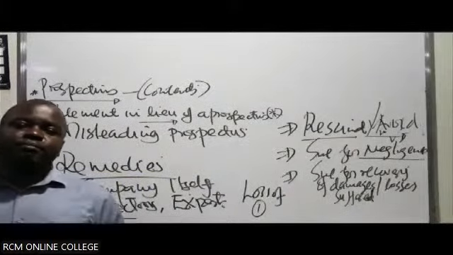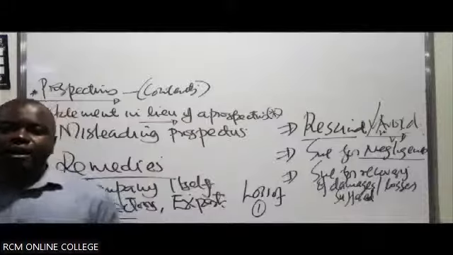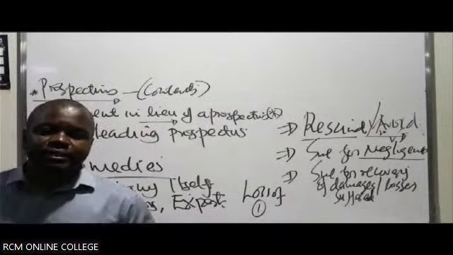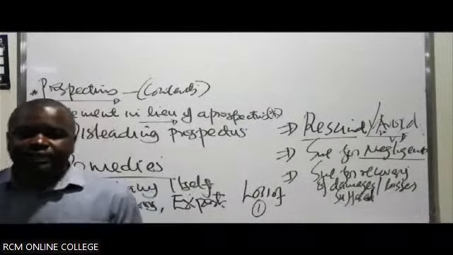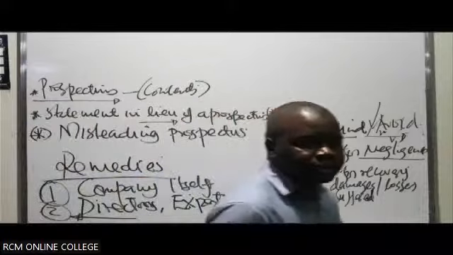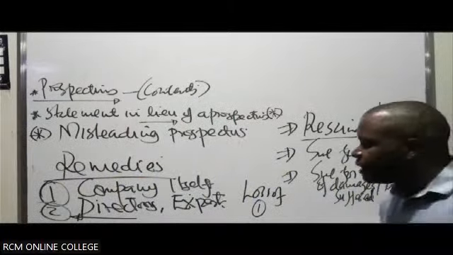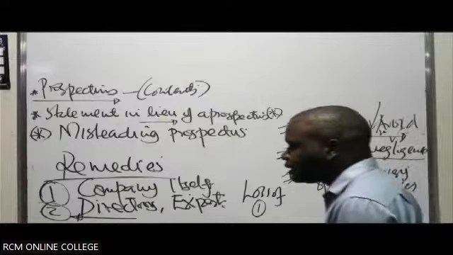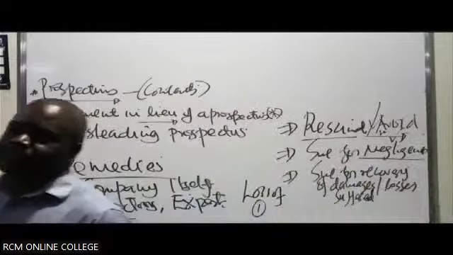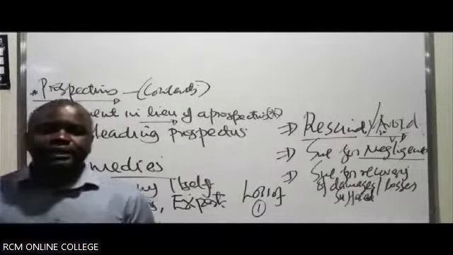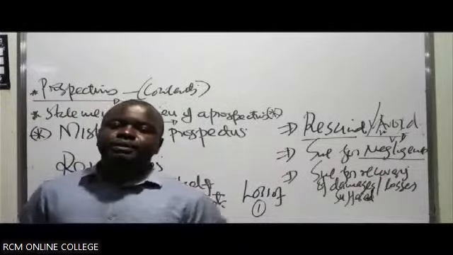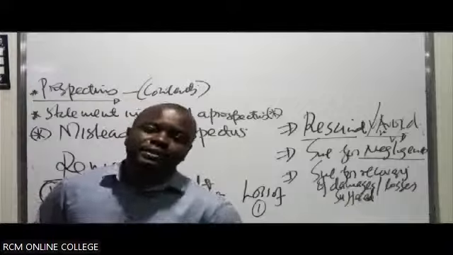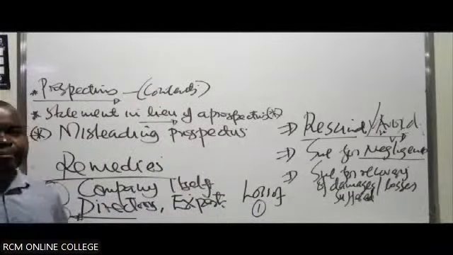How does he affirm? He affirms by already having started enjoying the dividends of the company. He affirms by attending the meetings of the company. He affirms by voting at the meetings of the company. He has already started enjoying the rights of the company. So by his conduct, it can be concluded that he has affirmed. Mambo iko sawa.